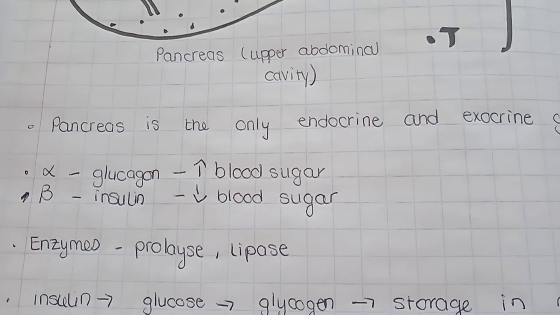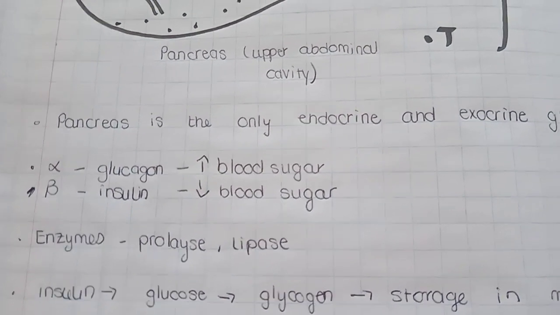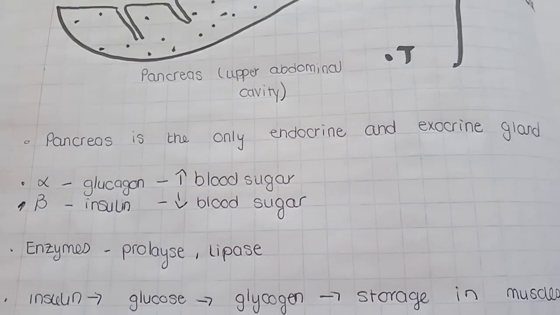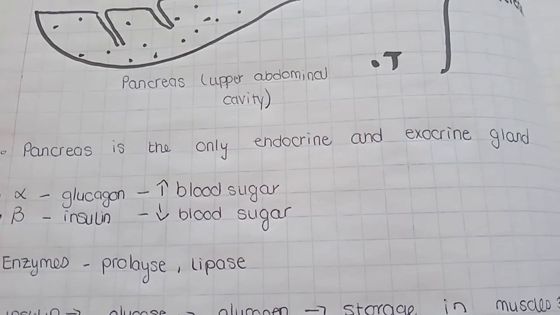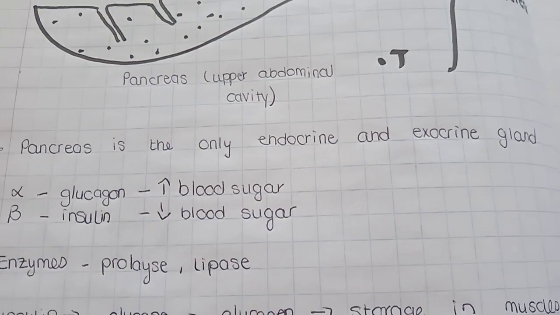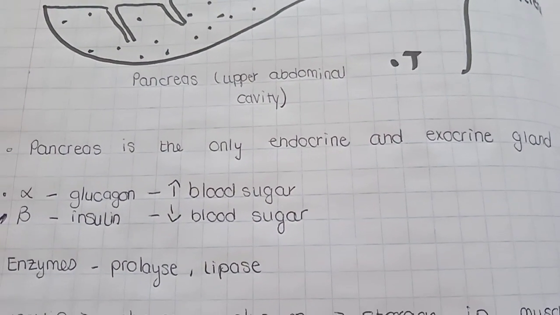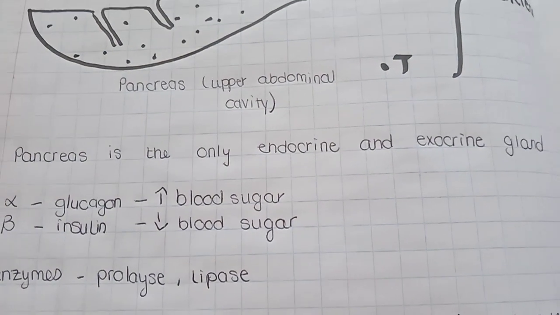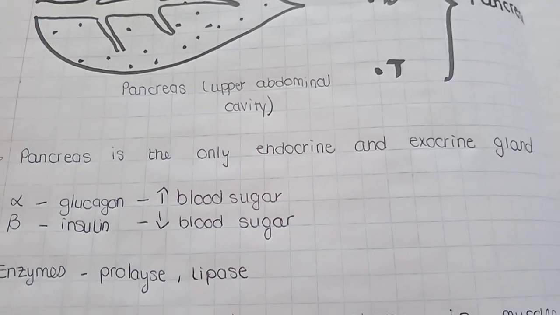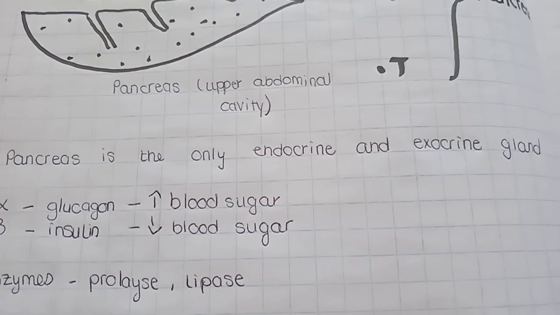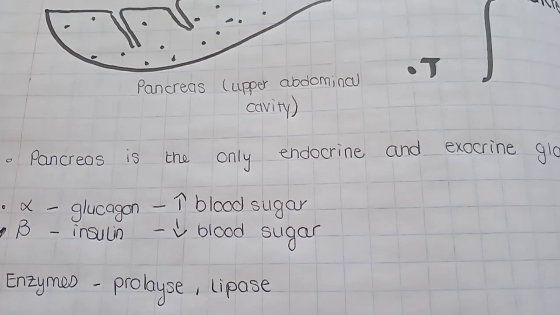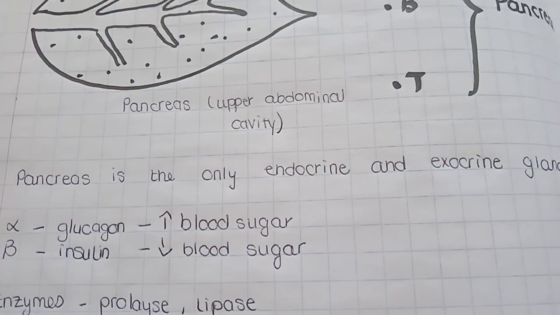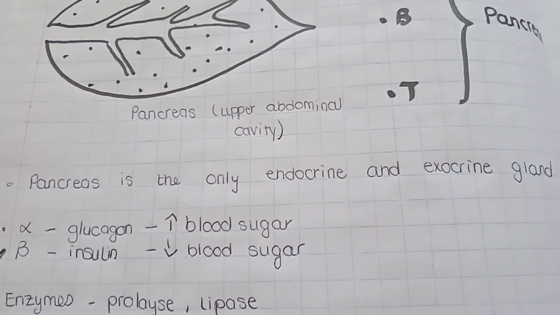These two hormones work antagonistically, in the sense that when one goes up, the other is secreted to decrease it. When one goes down, the other hormone is also secreted to increase it. When that antagonistic work comes into play, we can get balance, so there is never hypersecretion or hyposecretion of hormones. That is the negative feedback mechanism that takes place when the hormones work antagonistically to restore balance within the